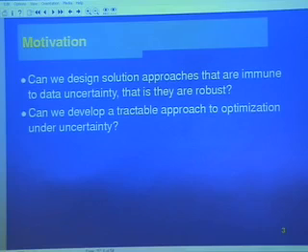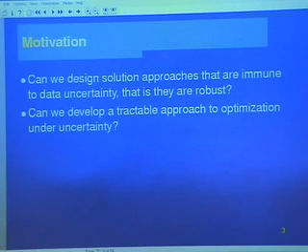So, what's the motivation? The motivation of this work is as follows. There are really 2 of them. First is that when we design systems or optimize, we typically assume certain values of some data. Let's say that we assume that some coefficient in the optimization model is 3.25. But in reality, it might not be that. So we find a solution X that assumes certain values of the data, but then in reality, the values of the data might be different. So therefore, the solution that we implemented might actually not be appropriate for that purpose.